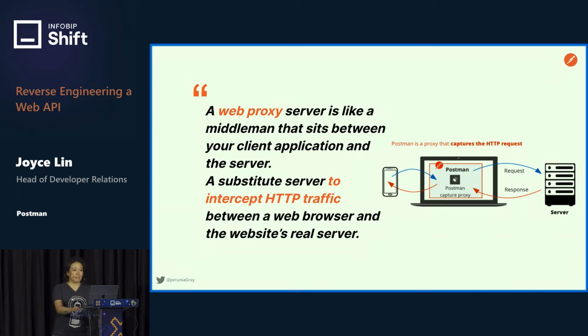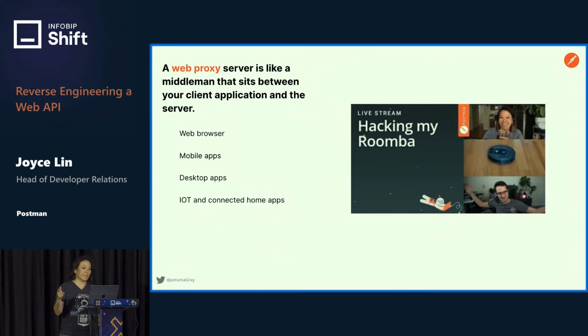So this is like a middleman that sits between your client app and your server to intercept HTTP traffic between a web browser and API server. And it says web browser here, but you can proxy traffic from any HTTP client application like mobile apps, desktop apps, IoT, and connected home apps. I hacked my Roomba just by listening to the traffic that was going out of my local network. And so to proxy our network calls,